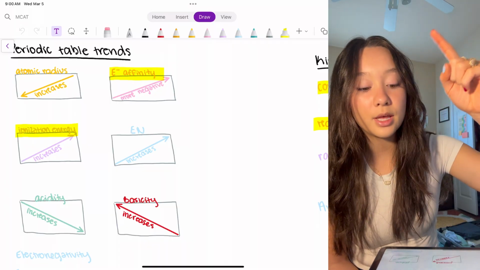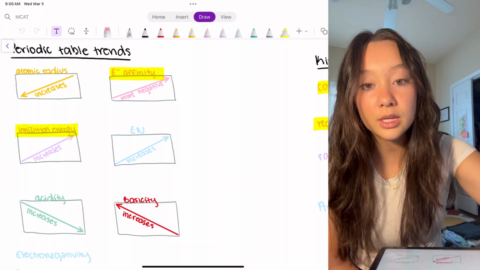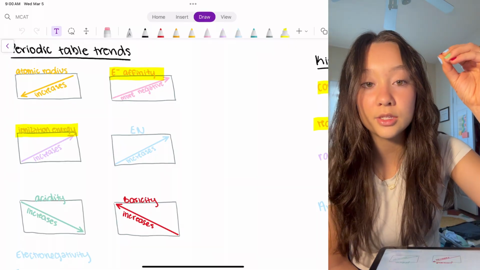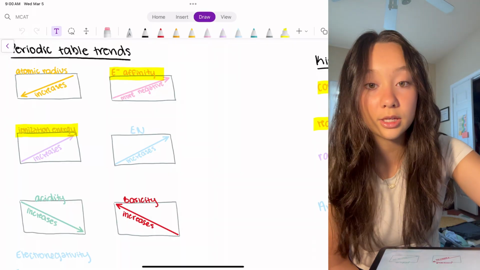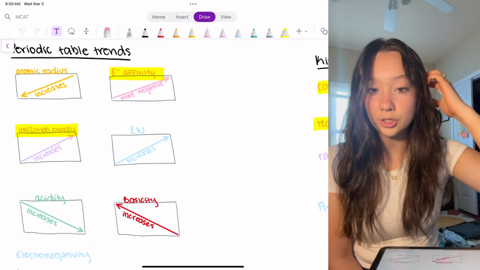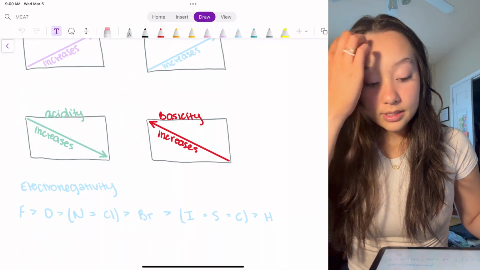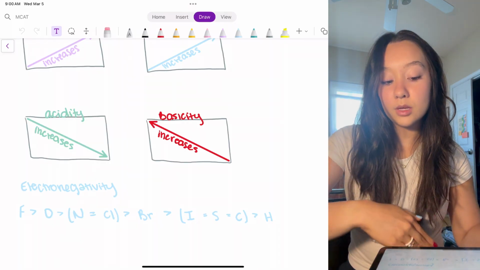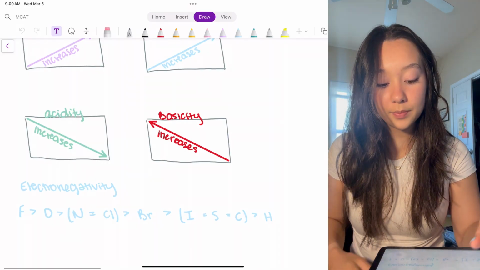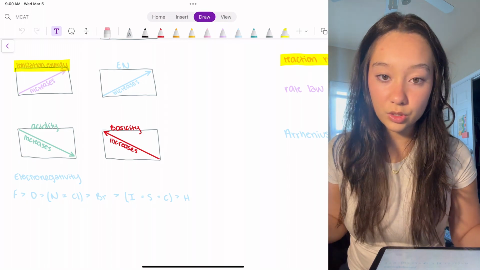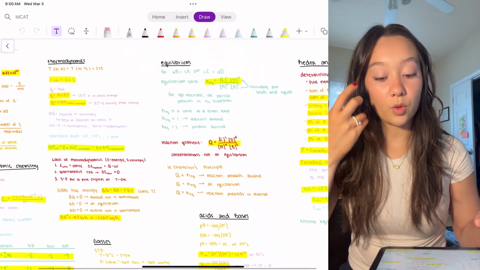can think about that as the opposite of electronegativity. If the protons are not holding on to the electrons as tightly, the atomic radius is going to be greater and the electronegativity is going to be lower. So it is the opposite of electronegativity. Acids and bases, again, they're opposite of one another. Acids increase this way and base strength increases this way. Electronegativity, this is just helpful to know. Again, you can always just look at the periodic table. Okay, all the way back up here,